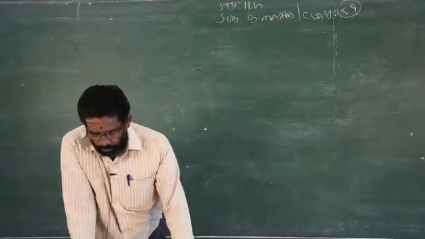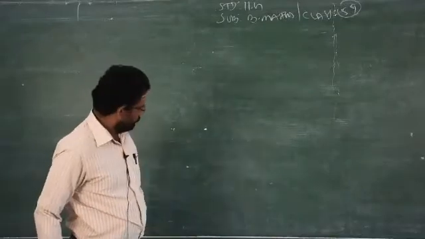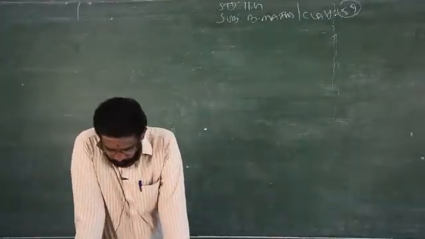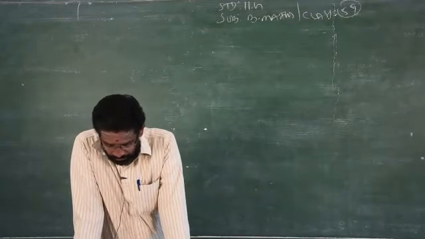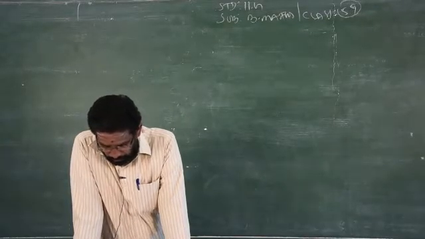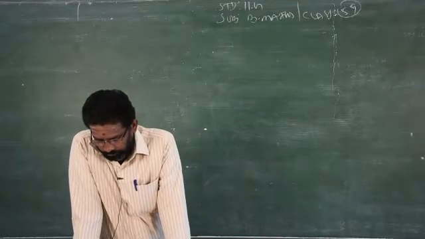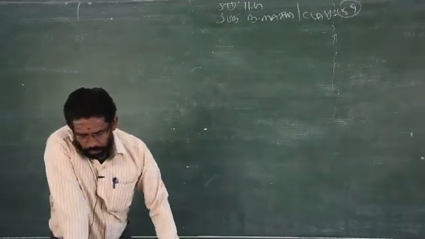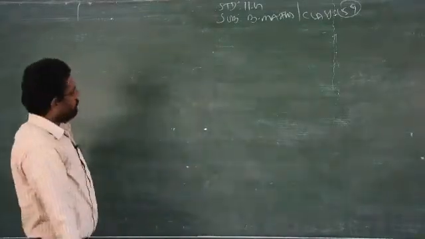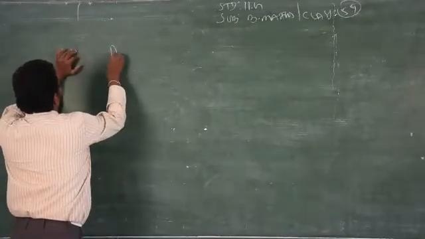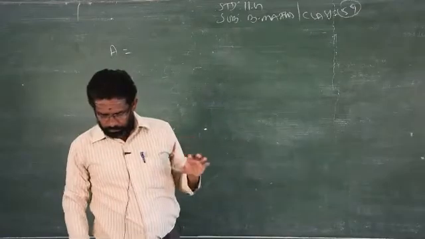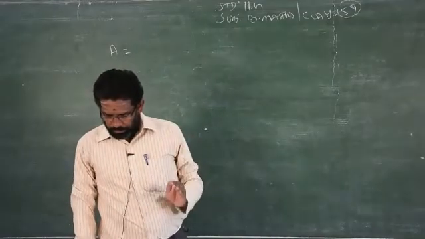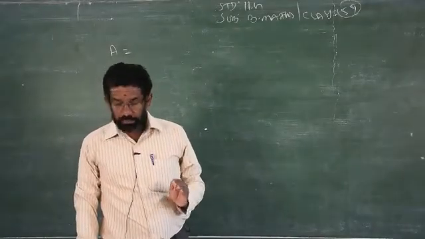Then what is the probability that the selected student is from class 11, given that the selected student is a girl? So what is that? You have to find out,